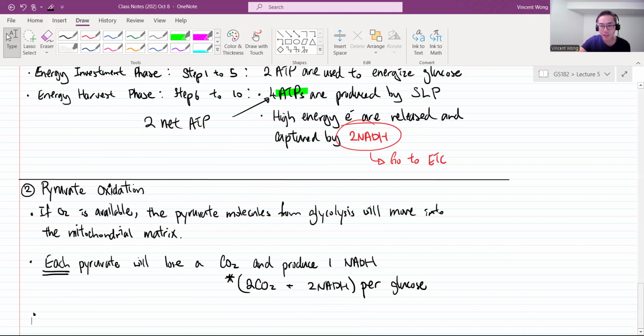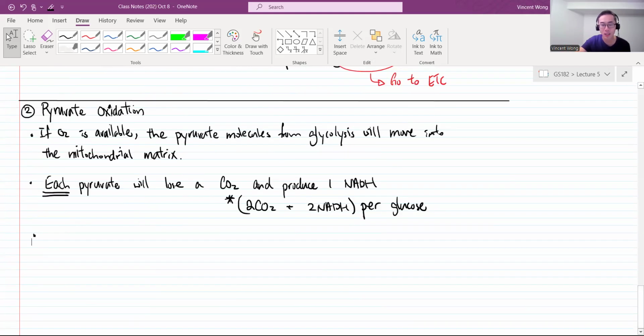And that's what the third step is going to do in pyruvate oxidation. A molecule called coenzyme A is added